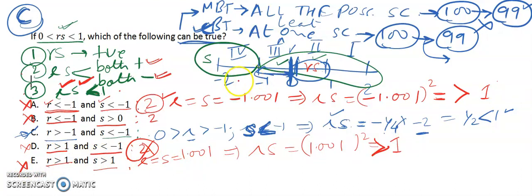Now the understanding from this question is, if we are able to extract the juice out of the given information, the analysis becomes much easier. Second, if we can understand the difference between must be true and can be true kind of questions, then things become easy.